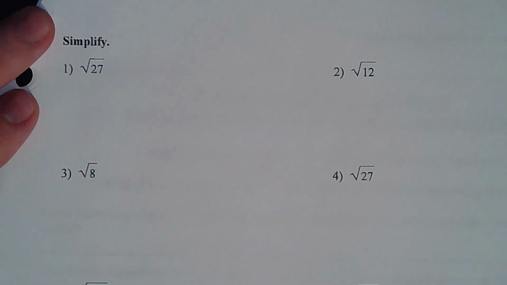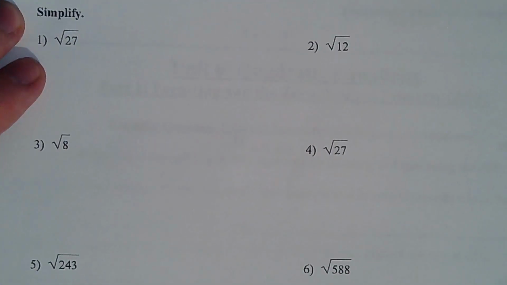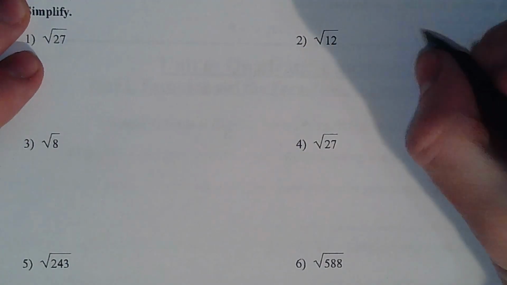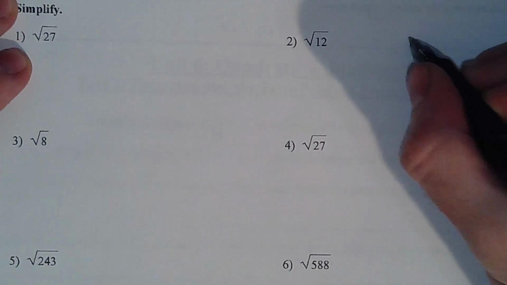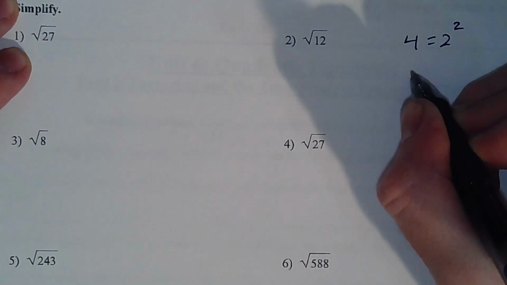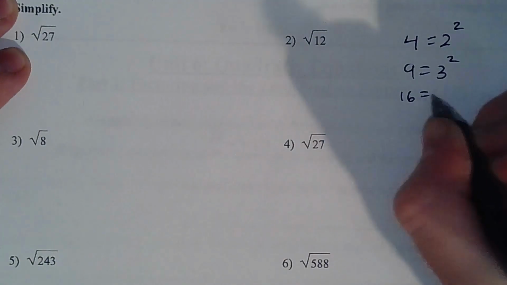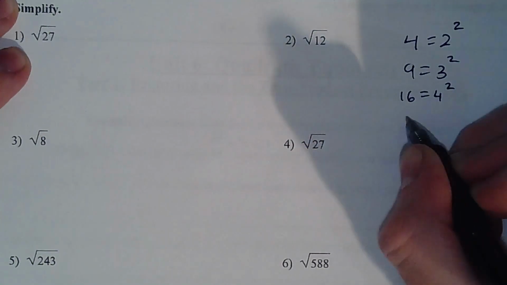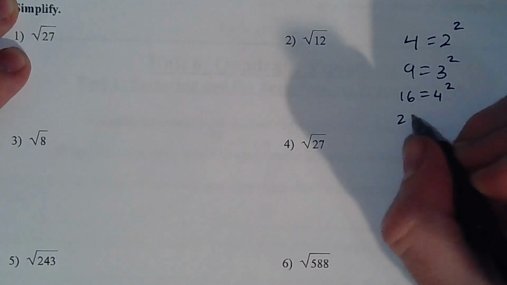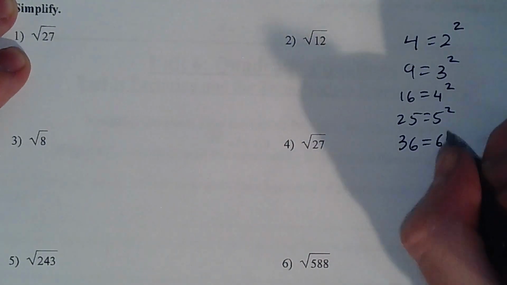Before we begin, I want to remind people that we need to have a list of numbers memorized or at least written down in our notebooks to even do these questions. So those numbers that we need to have written down. We need to have that 4 is the same thing as 2 squared. We need to know that 9 is the same thing as 3 squared, that 16 is the same thing as 4 squared, that 25 is the same thing as 5 squared, that 36 is the same thing as 6 squared,